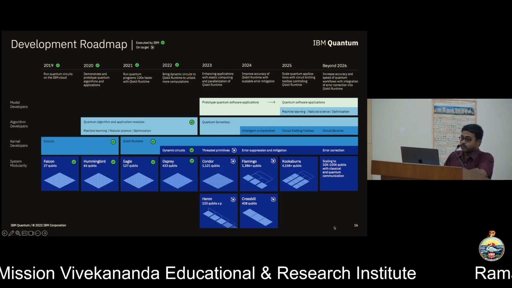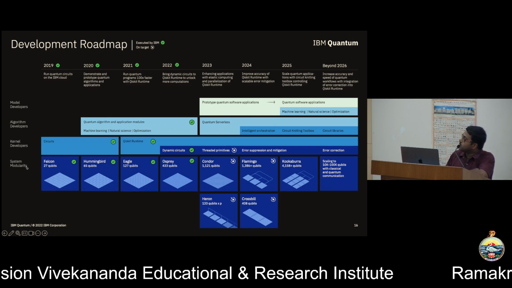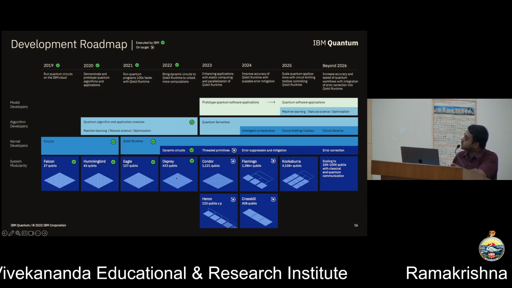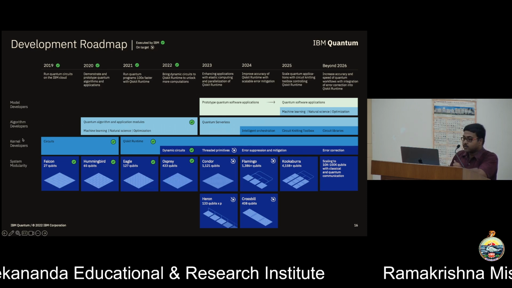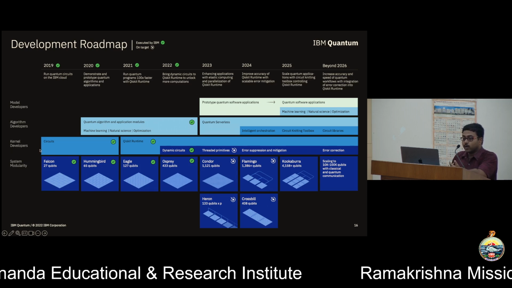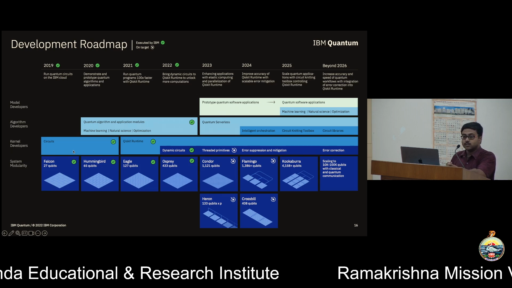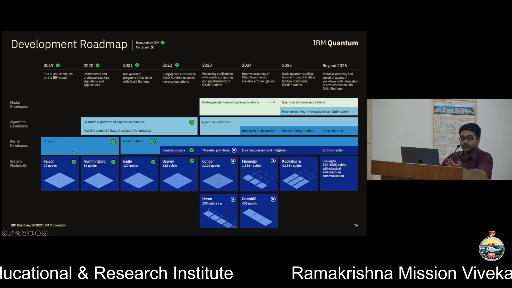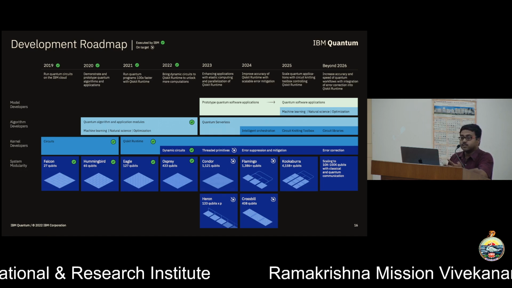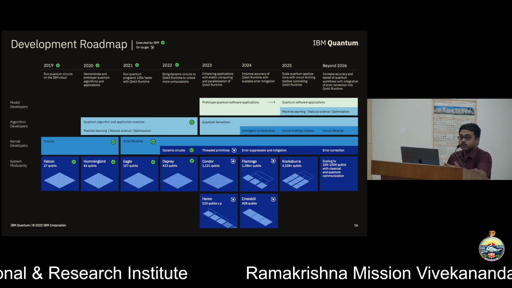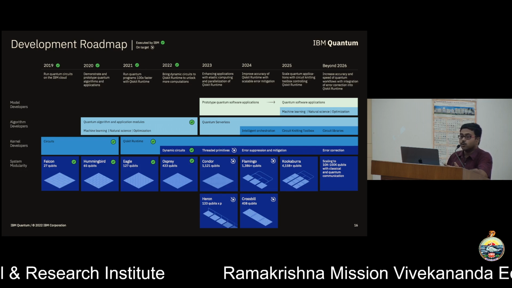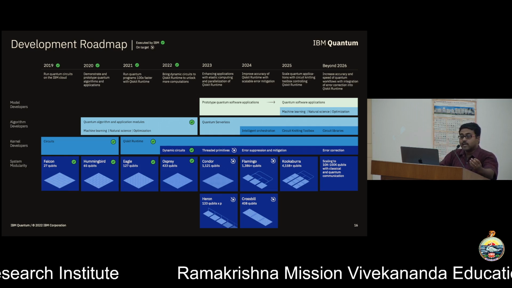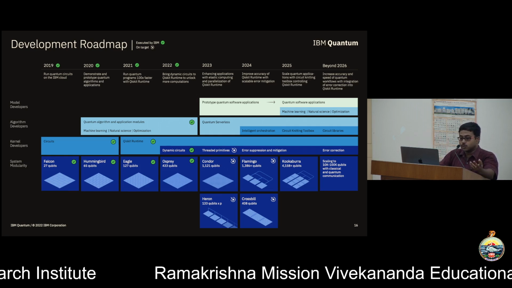At the same time, we have this system modularity, and the systems are something that experimental physicists work with. But above that, there are other developments required: how do we create a quantum circuit? We can do good things with quantum circuits. You have a problem of chemistry, graph theory, or physics that you want to solve. How do you take it down and map it into a quantum circuit? That itself is a very important problem to solve.